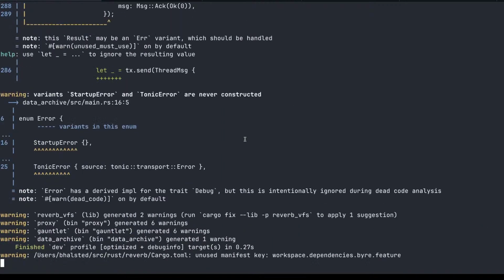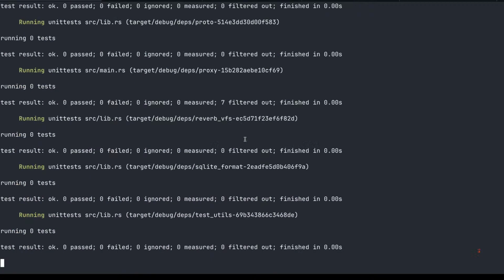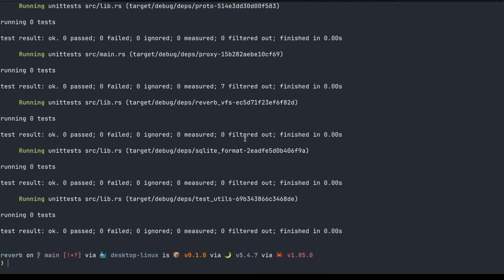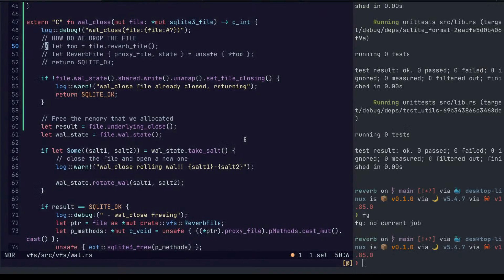Again, I want to run it a couple times. What?